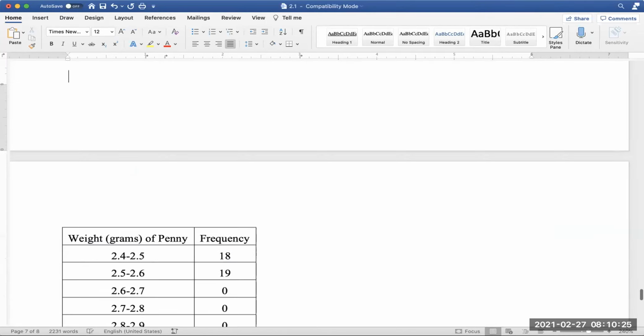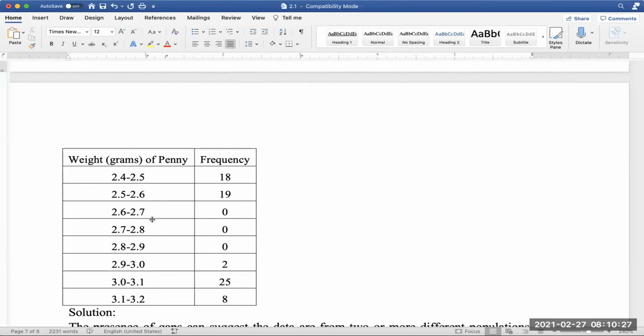So let's look at this. Here I have some pennies. I have 18 that weigh between 2.4 and 2.5 grams, 19 between 2.5 and 2.6 grams, 0 between 2.6 and 2.7, 2.7 and 2.8, 2.8 and 2.9, 2 between 2.9 and 3.0, 25 between 3.0 and 3.1, 8 between 3.1 and 3.2. Would anyone guess why